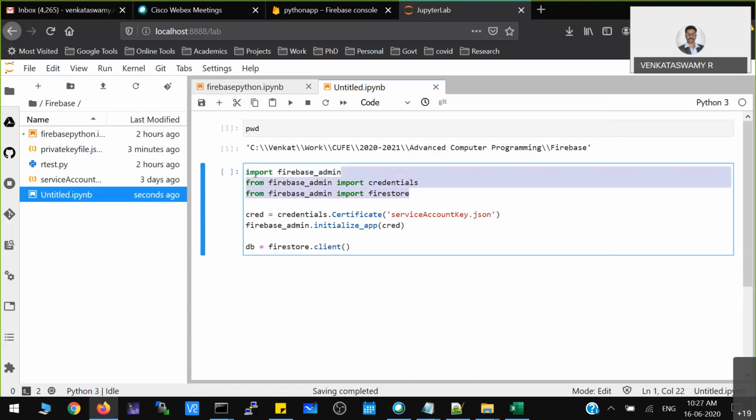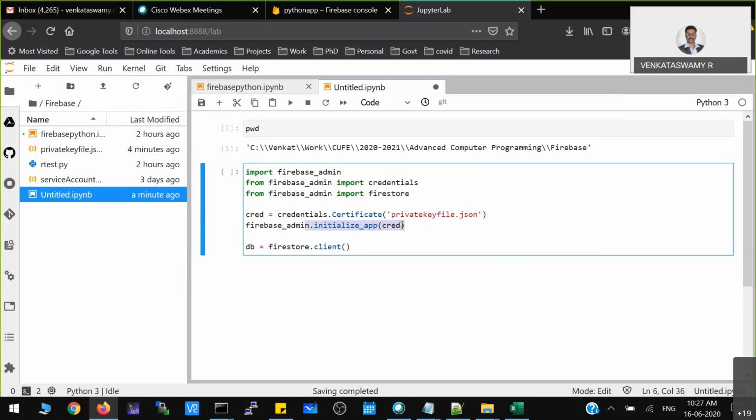Okay, so just you have to take some instances. You just have to import all these necessary libraries, and then here, to connect with that particular Firebase account, you have to provide the private key file name here. Okay, I just gave private key file.json. That was my key file name. Now, you see here, after that, what you are doing, you are just initializing.